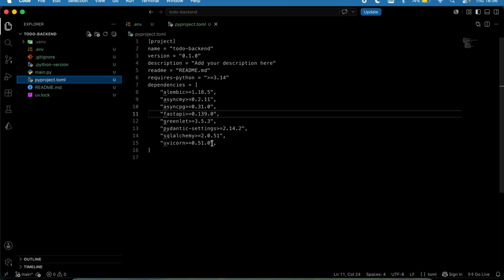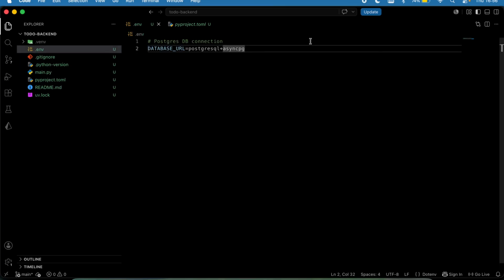to your dependency, so to say, you can see there is this asyncpg, asynchronous Postgres. This is going to help us to connect to our Postgres, while for MySQL, you have this one right here. So we'll be using that to connect to our Postgres DB. So that's going to be